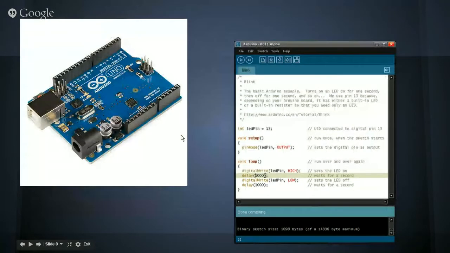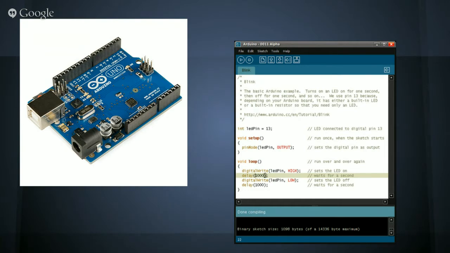This is the Arduino board, and this is the Arduino IDE where we can write the program. It is very simple C-based coding, like setup and loop. Inside the loop, you need to read or invoke the data to activate the controls.